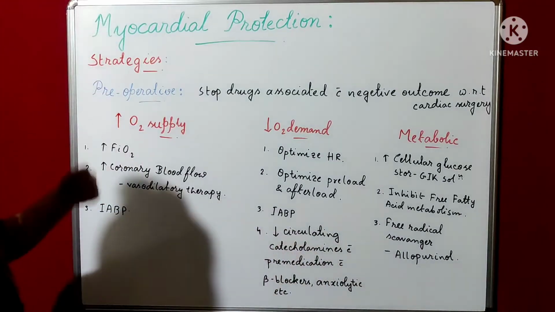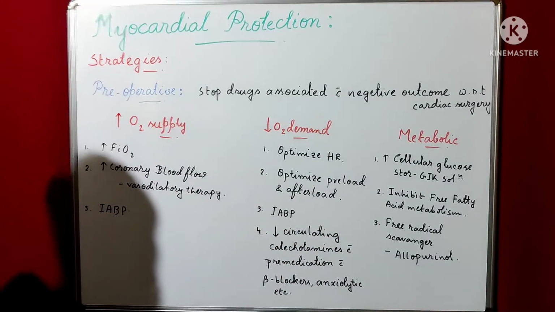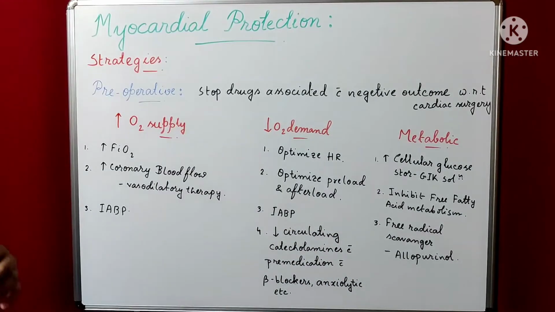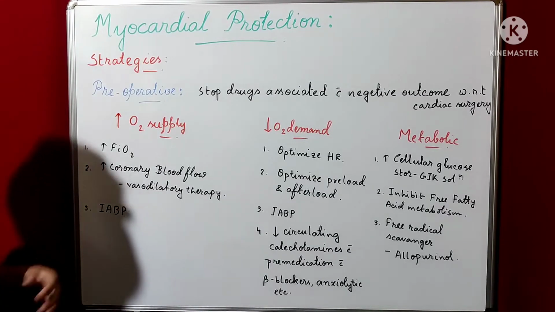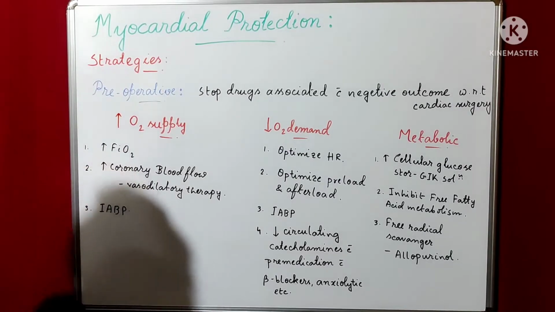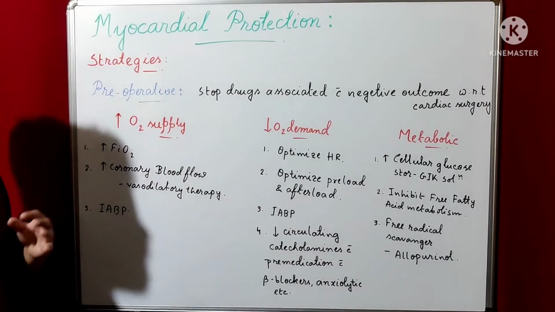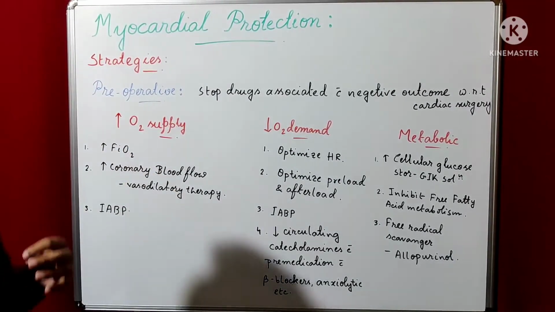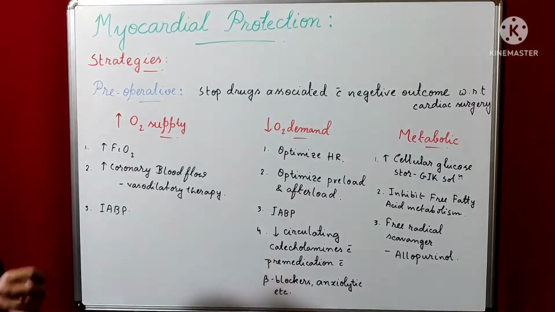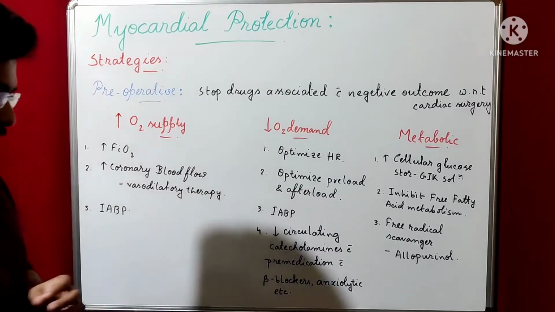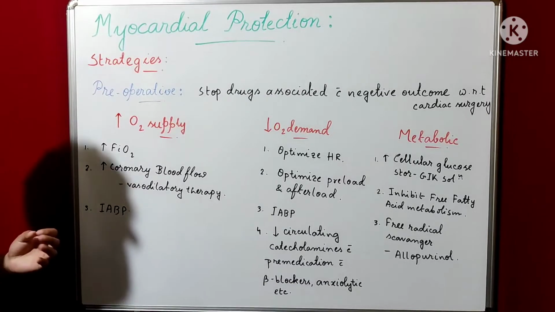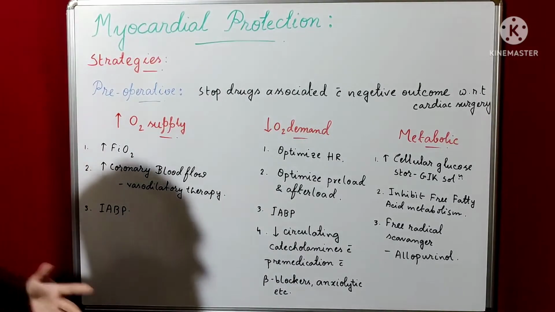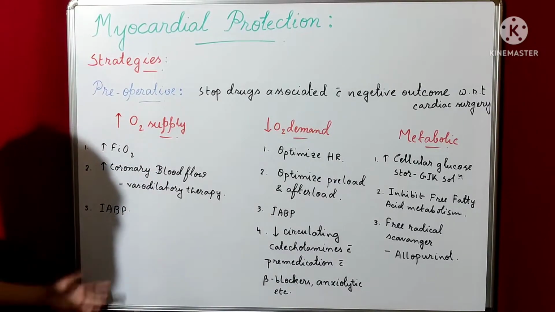First, to increase the oxygen supply, what is done? The delivery of oxygen to the patient is increased. We try to increase the coronary blood flow, usually with vasodilator therapy. And next, from the perfusionist side, sometimes IABP is used